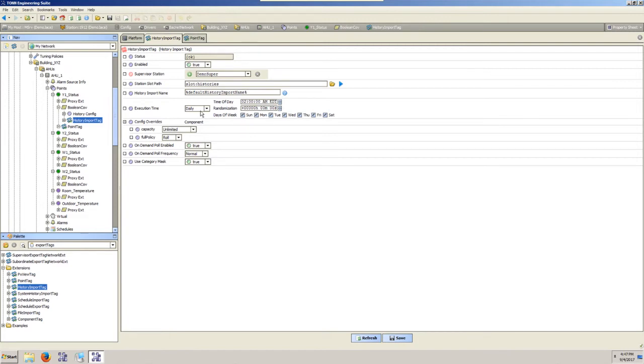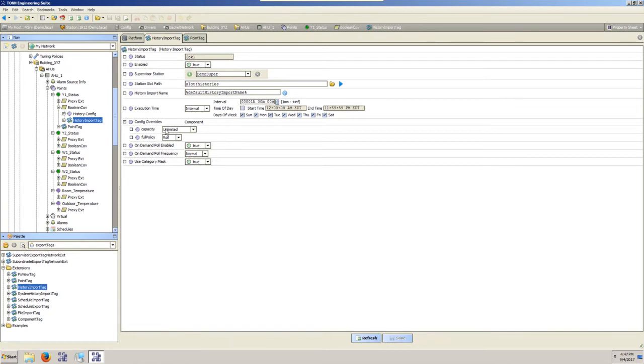You can set that to daily, but if you're doing graphics with logs and you want somewhat fresh data on there, you're probably going to want to change that to interval. Maybe every couple hours or every hour. I find even on fairly big sites, every hour doesn't seem to tax things. Let's assume an Ethernet network and you have a decent sized server and nothing's taxed to the limits. So I'm going to roll with an hour there. So every hour the supervisor is going to go out and pull whatever data logs that it